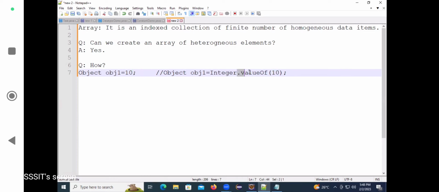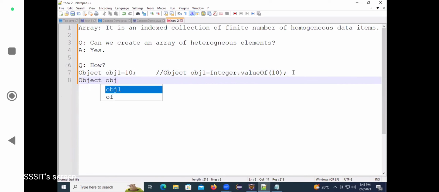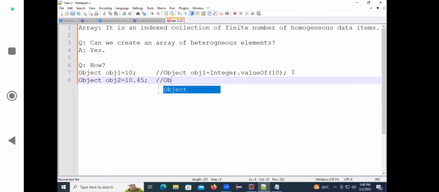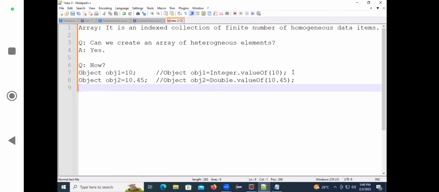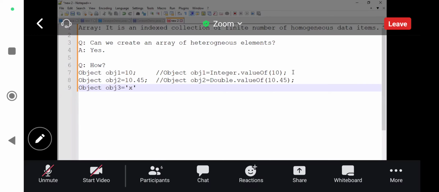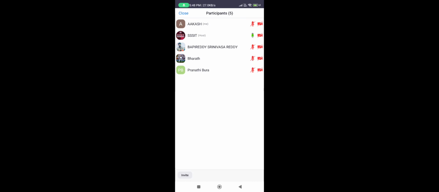Internally, this 10 is converted to an integer object. An integer object can be pointed to by an object reference, so that is valid. If that is valid, then Object obj2 equals 10.45 is also valid, right? Because Object obj2 equals Double.valueOf(10.45). Here we say Object obj3 equals, because x, this is also valid, because Object obj3 equals